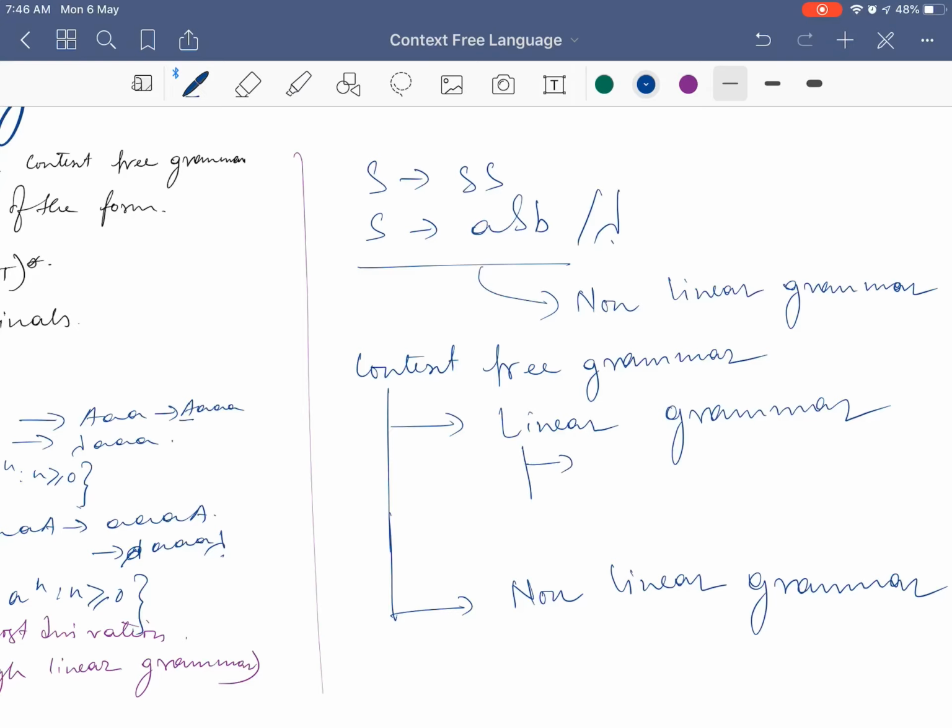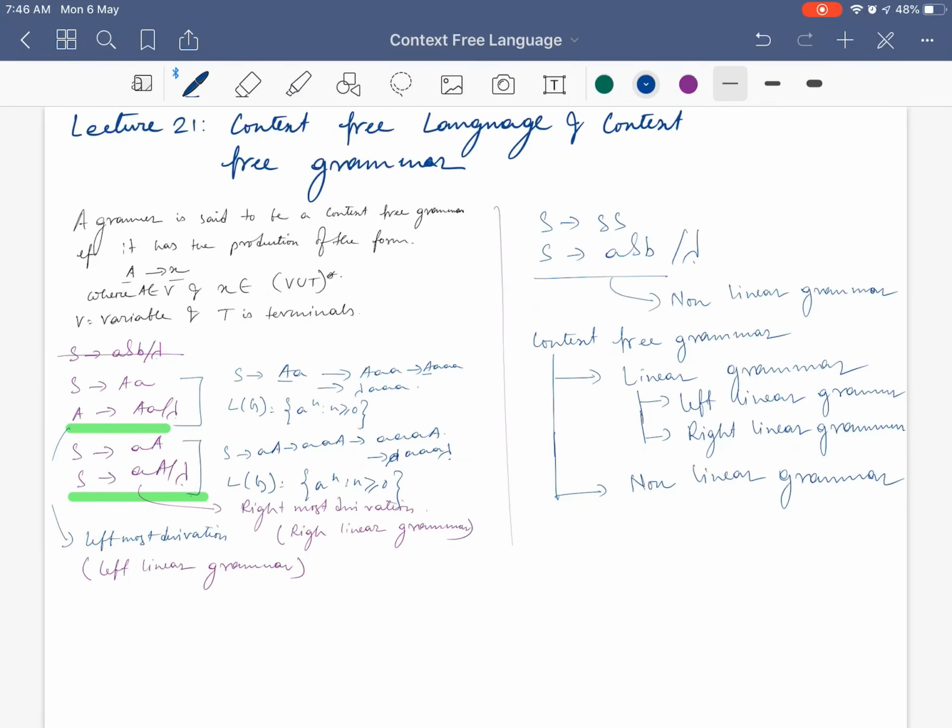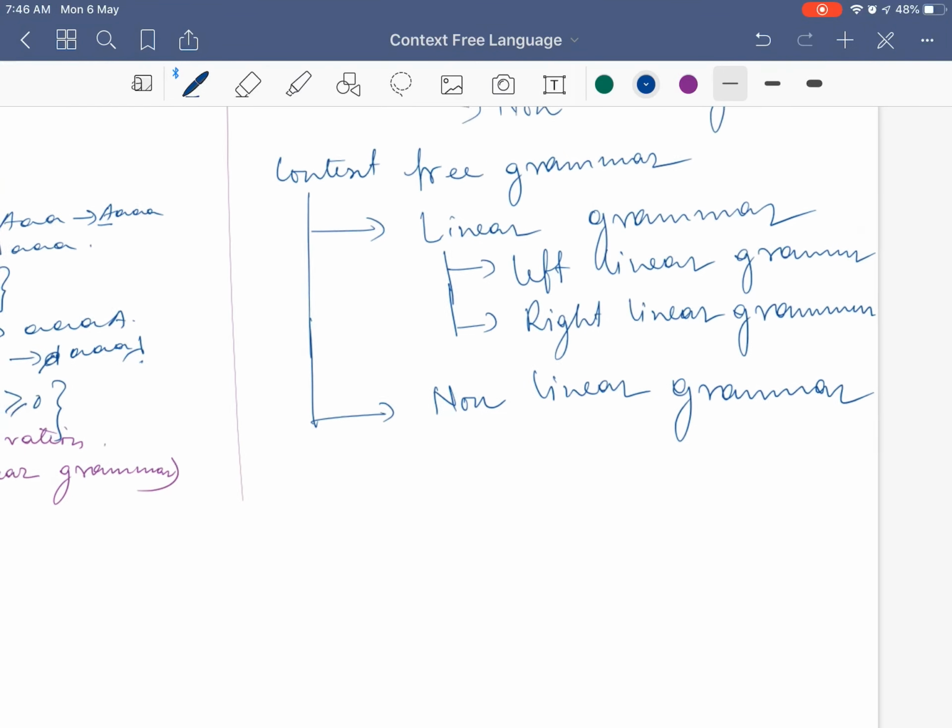And linear grammar is of two types. One is called left linear grammar, another is right linear grammar. Now we have to check whether in a context free grammar it is linear